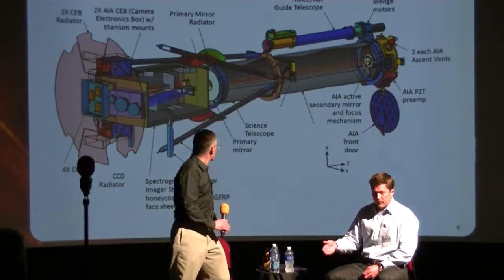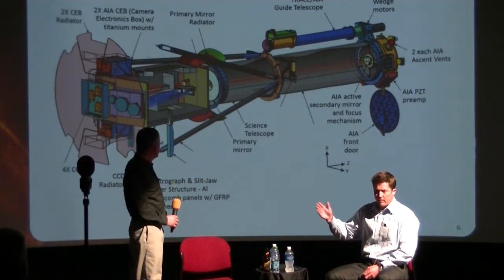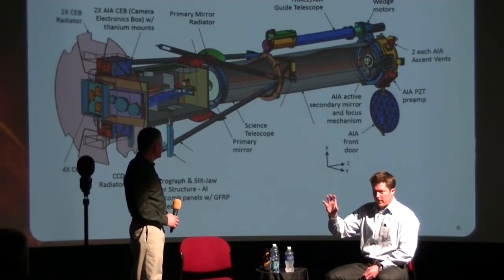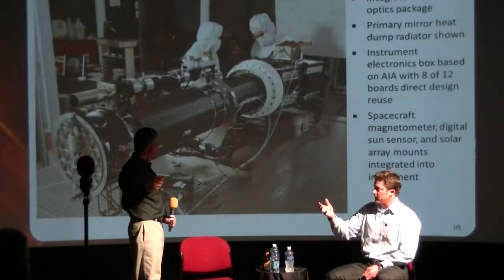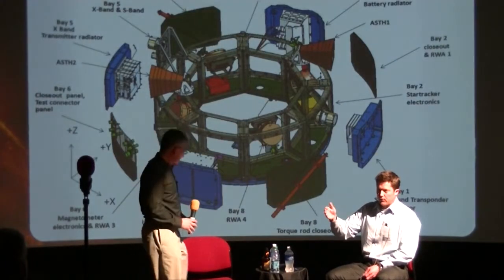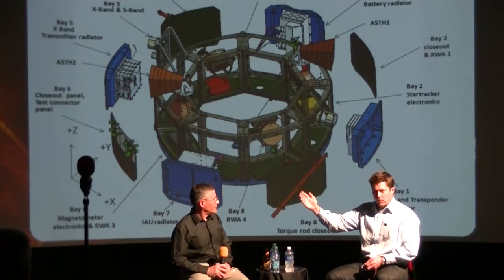Well, quite simply, the torque rods have two purposes. After we separate from the Pegasus vehicle, the torque rods are used to dampen the body rates. So we're tumbling at about 2 to 4 degrees per second per axis. And the torque rods, with the magnetometer, sense the change of the magnetic field. So the attitude control system is torquing a rod on, which applies a braking force to slow